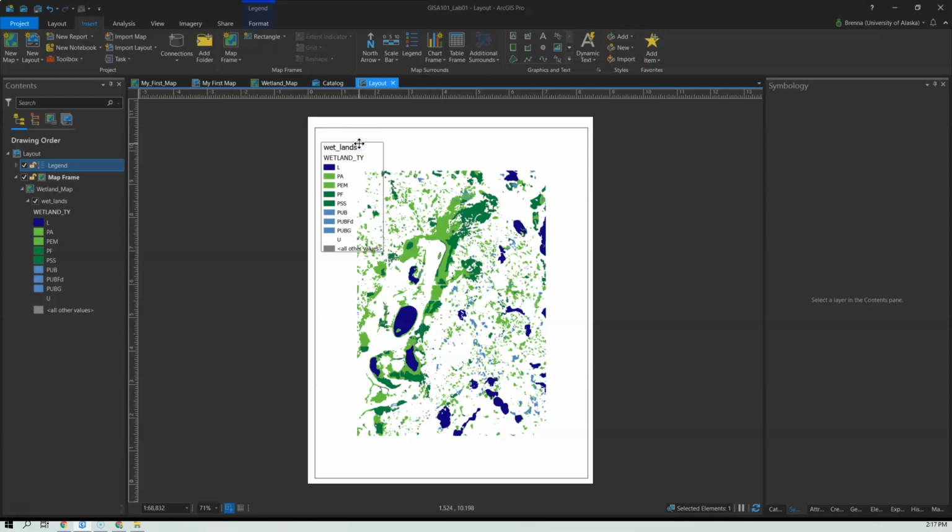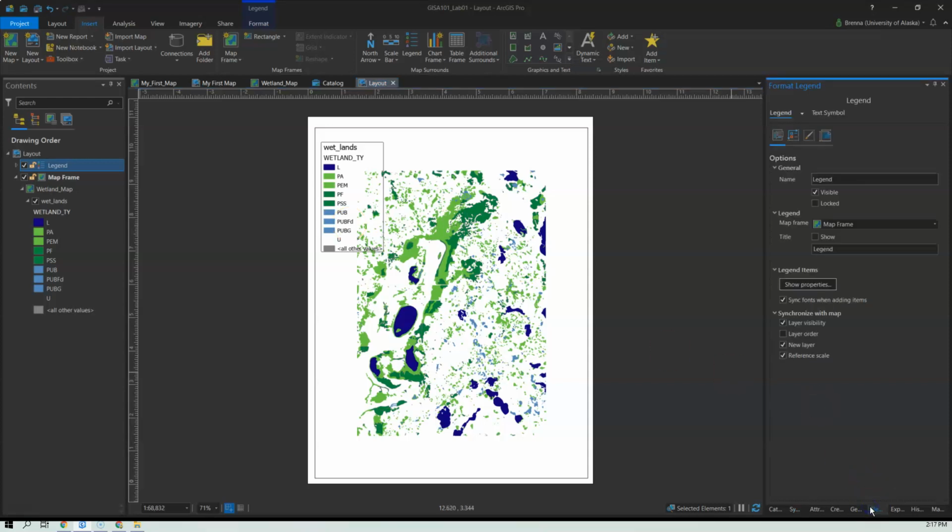And when I want to edit that, I can select this as an element, go to my elements pane, which was hiding down here in the corner, and start editing that legend. There are a couple of pieces of this legend that aren't really that great to look at. First of all, the legend title is not appearing, so you can just go ahead and click that on. Now it says legend, or you can name it something more useful, should you choose.